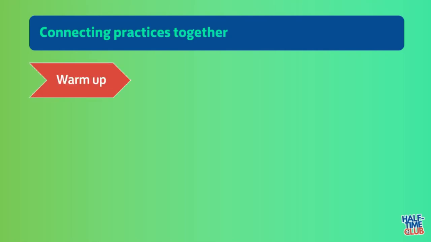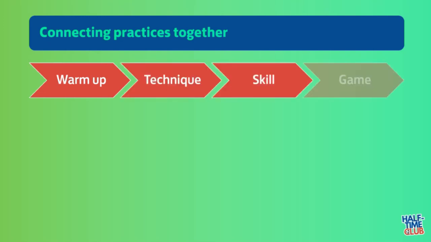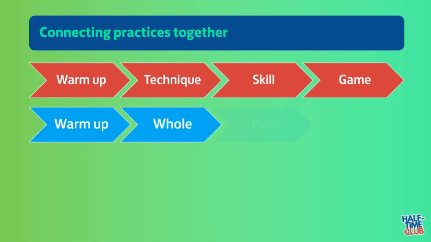So quite often, this is one that most people probably heard about: warm-up, technique, skill, and game. So technique, skill, and game is essentially constant, variable, and random, just in a different name. So technique would be generally you're unopposed. Skill would be we had a bit of variation within that, maybe a little bit of opposition interference, and you go into your game, which is your matchup activity. So that you might be familiar with, and generally that's called up the ladder. There may be warm-up, whole, part, and whole.